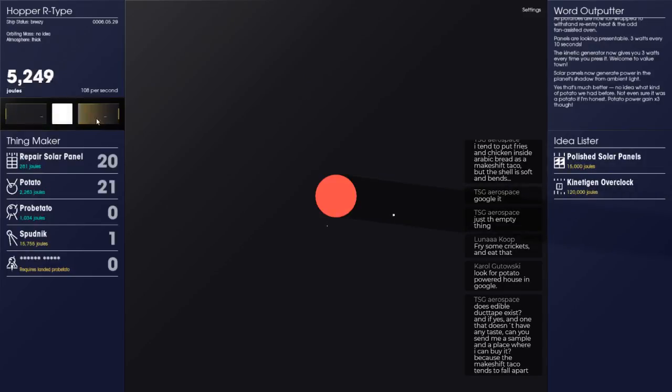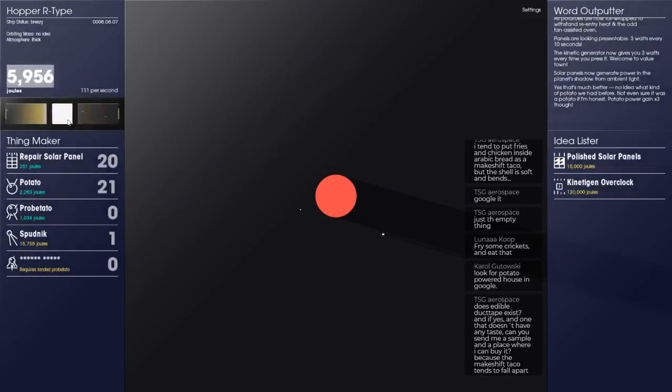I feel like I'm losing the number of photons here. I don't think it's quite as many as we could like. Oh look, this thing. Oh, that's Sputnik, of course. That is Sputnik in front of us there. That's cool. I also note that this lightens and darkens whether we're inside or outside of the shadow. It's a nice touch. Okay, we can get up to. Oh, I mean, do we want the other Sputnik or do we want the polished solar panels? I mean, they're all within easy reach, really. Just gonna throw a few more of those in place. That's cool.